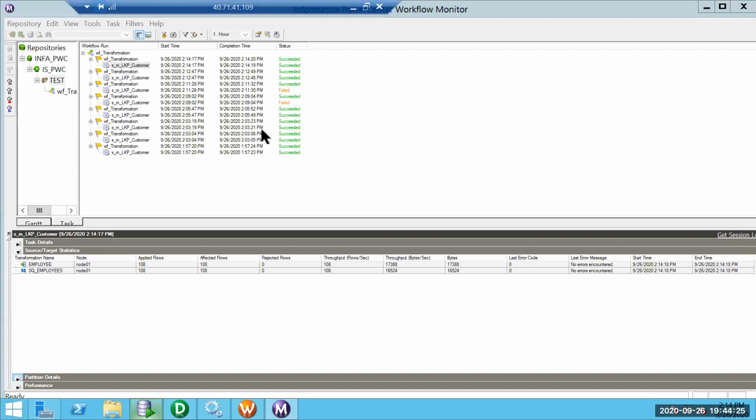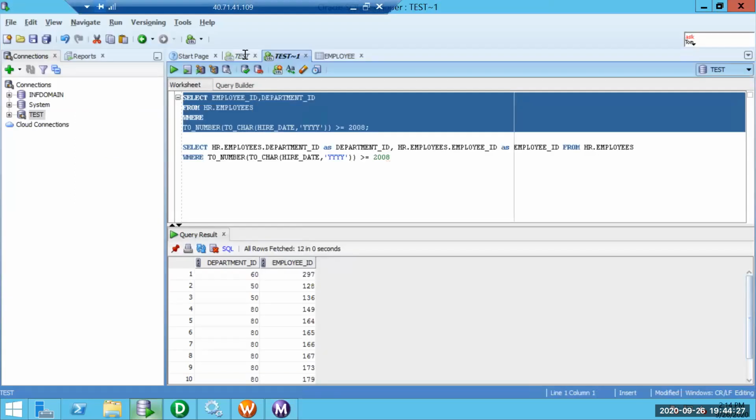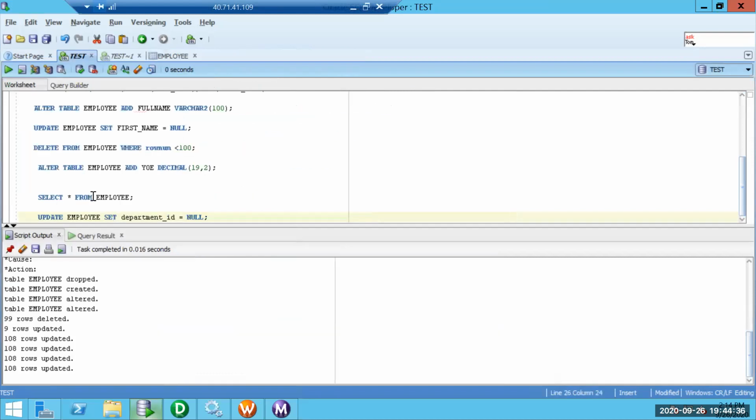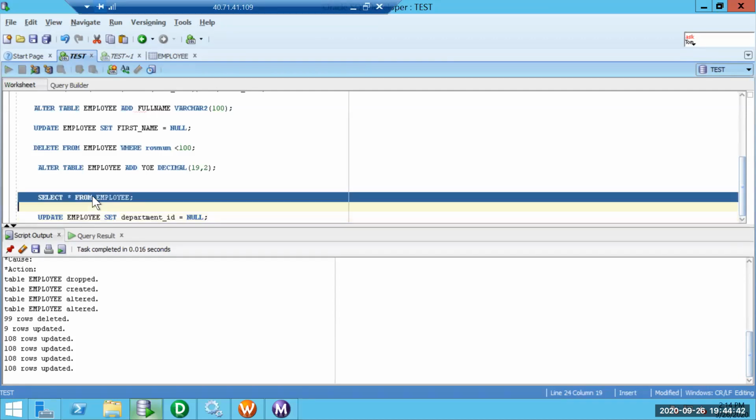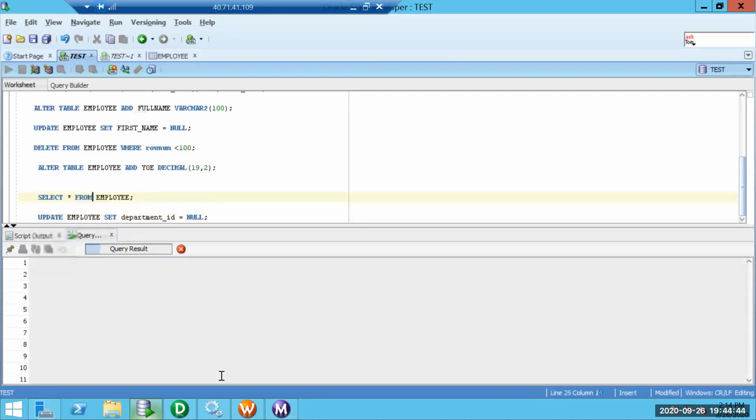So if we see the data, we should have got the same data updated, whatever was updated when we were using the source filter, because we are restricting at the source qualifier override level also.